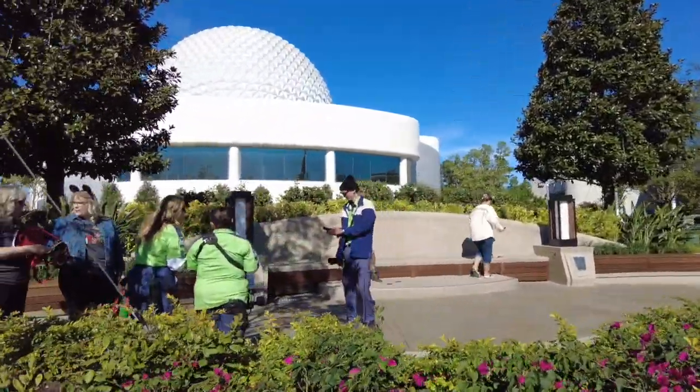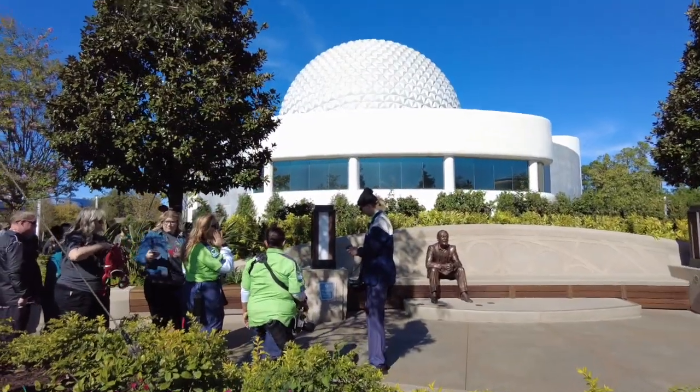The Walt the Dreamer statue. That's a cool statue though. And then